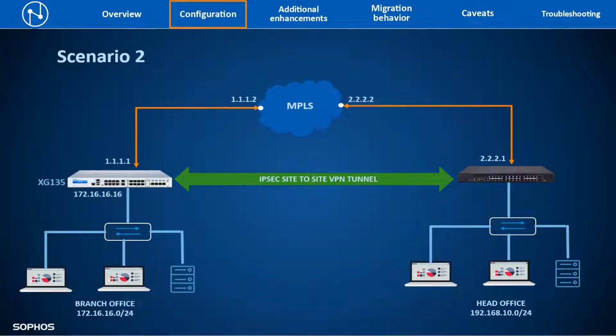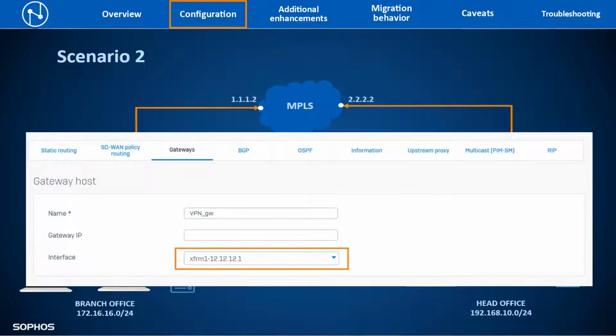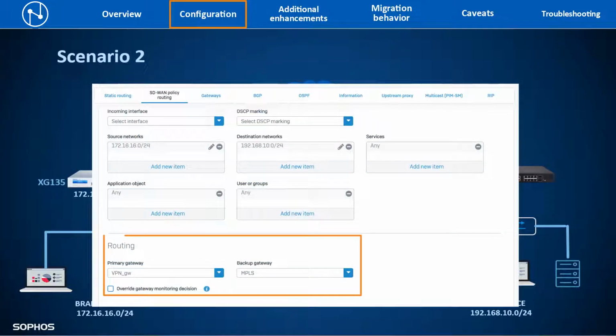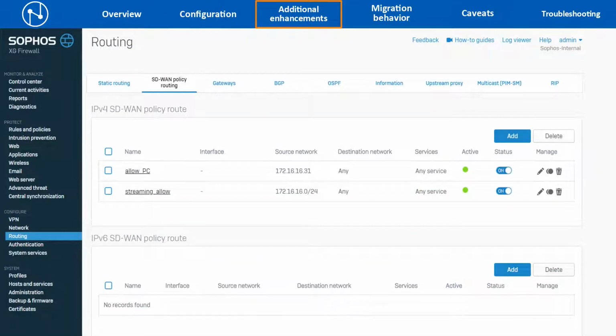route precedence, by configuring the newly introduced route-based IPsec VPN. A gateway can be configured on this VPN tunnel virtual interface, and then it can be used to route the traffic between the IPsec VPN connection and the MPLS selectively, even when both the links are active. Some additional SD-WAN policy routing enhancements introduced in version 18 are: once the policy route is created, we can check